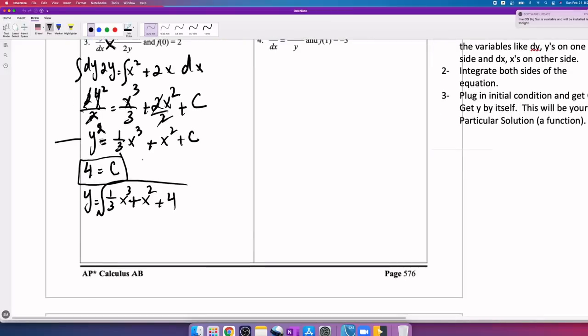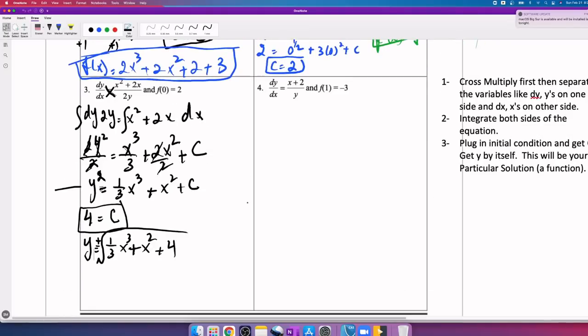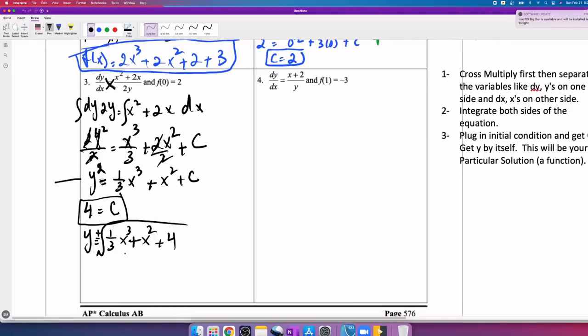when we square root something, we know we get two answers, positive and negative. How do we decide our answer is positive or negative, or which one works for us? Because it has to be one answer. So you look at the condition, your condition f of 0 equals 2. So if I plug in 0 here,